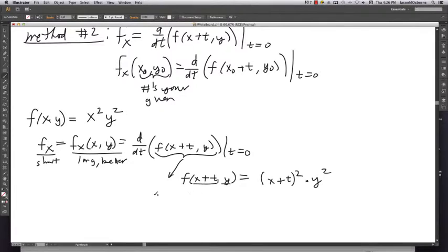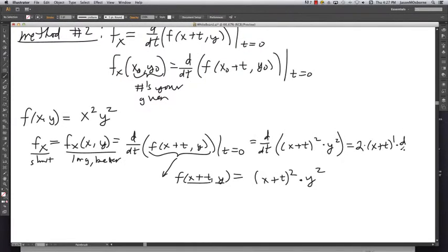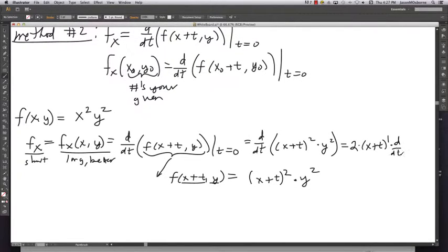So now we need to compute the derivative with respect to t of x plus t squared times y squared. The answer here, you need to use the chain rule: 2 times x plus t to the first times the derivative with respect to t of the inside function, x plus t,